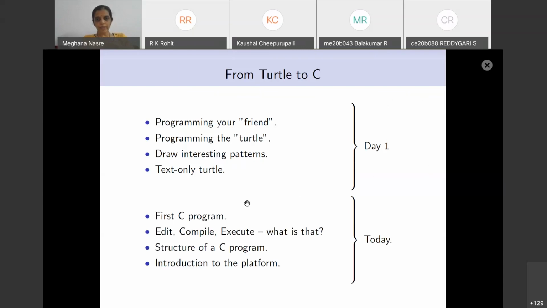What we want to do today is move from the turtle programming to our C programming language, which is the intent of the course. We want to learn the C programming language and use a C trained computer. For that, we need to write a program in C, that is edit a program, compile it and execute it. We want to understand the meaning of all these terms. Yesterday, we just used them as a black box and we did not care about what is happening inside. We also want to understand the basic structure of a C program. While it will be a very, very simple program that we will write, we still have many things to understand.